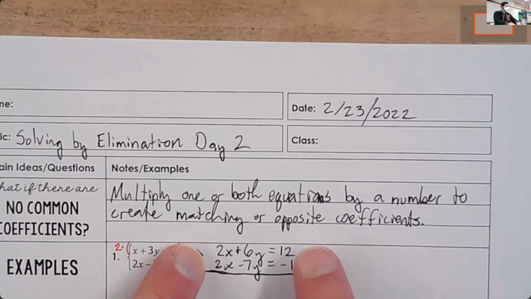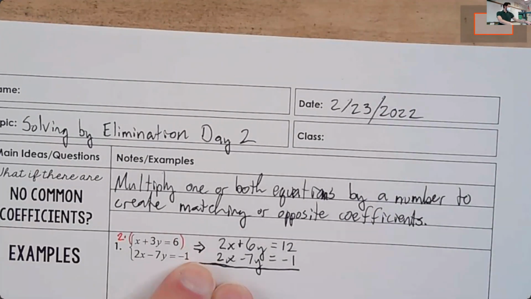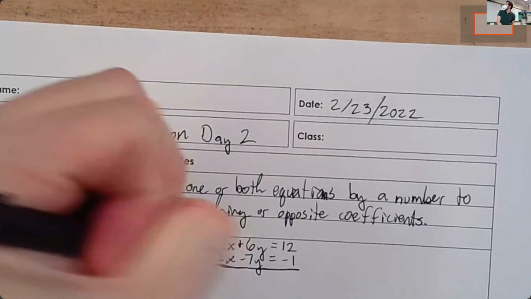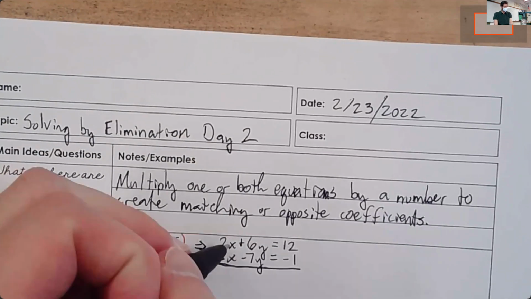We started off with problems that looked like this. And then we had to either add or subtract the equations together to eliminate one of our variables. So on this problem, we've got a 2x and a 2x. If we wanted to make these 2x's equal to 0, would we have to add them together or subtract them? Yeah, we're going to subtract them. Anytime the numbers are exactly the same, you will subtract your 2 equations, because 2x minus 2x is 0. That's what we're going for. We want to eliminate